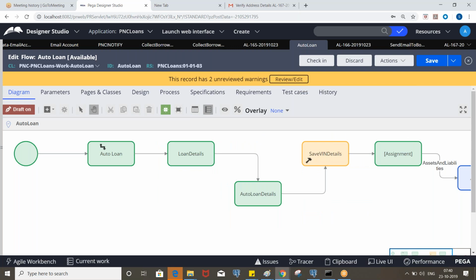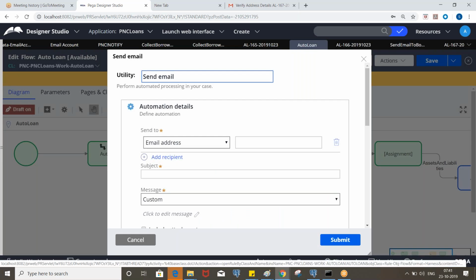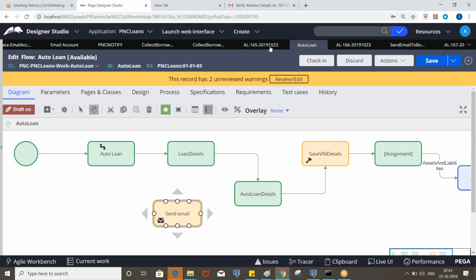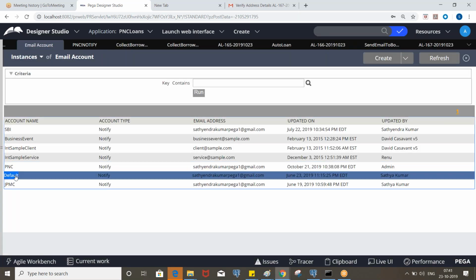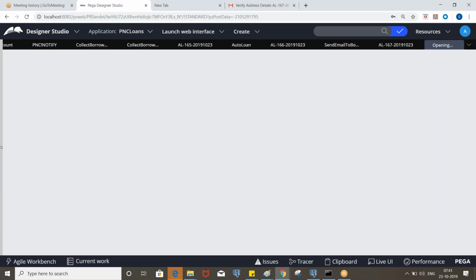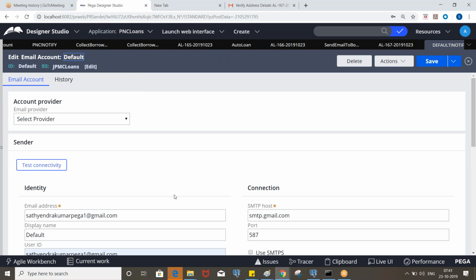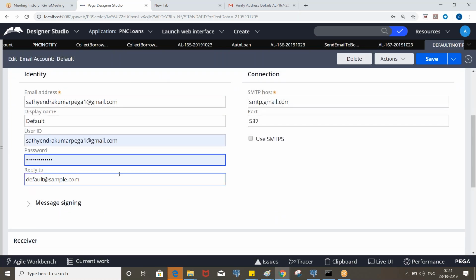Here we have a send email, right? So it will take the from, password, all the details from the default account. Okay, so you see the account with the default, right? This is the default account.